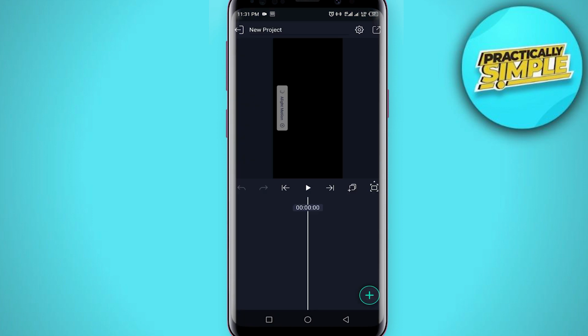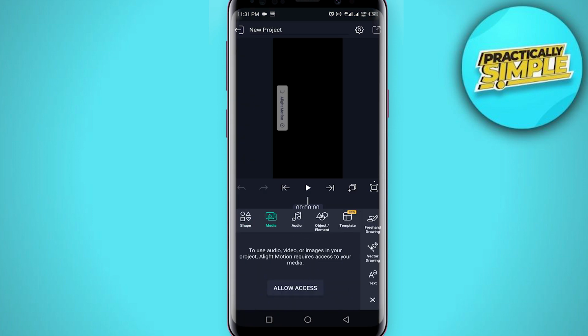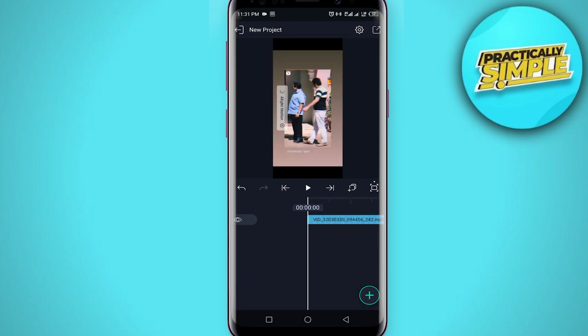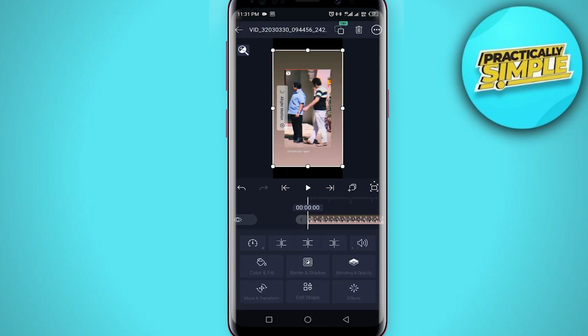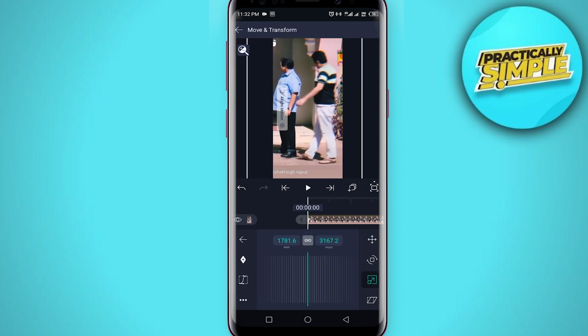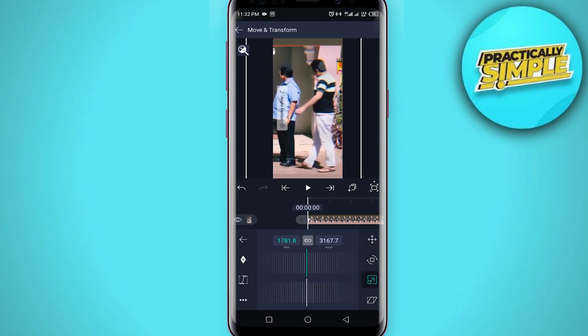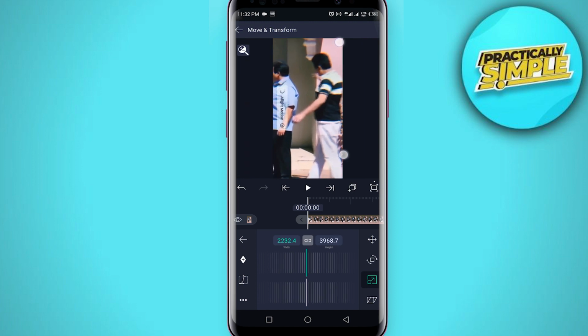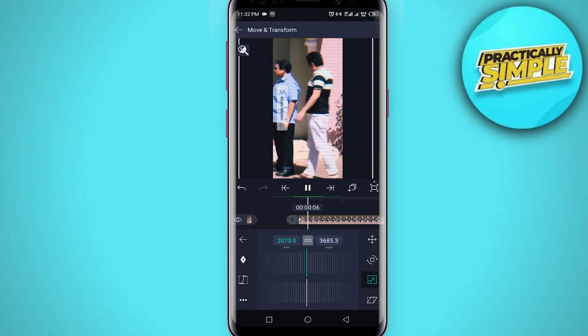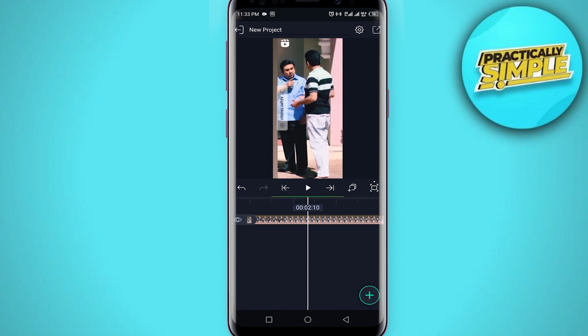and now you just have to tap on this plus icon, tap on this media, allow access, and now here is the video as you can see. And now you just have to go for this move and transformation, and you have to tap on this third option. And now as you can see you just have to zoom in your video like this, and when you are done, now if we play our video, as you can see,